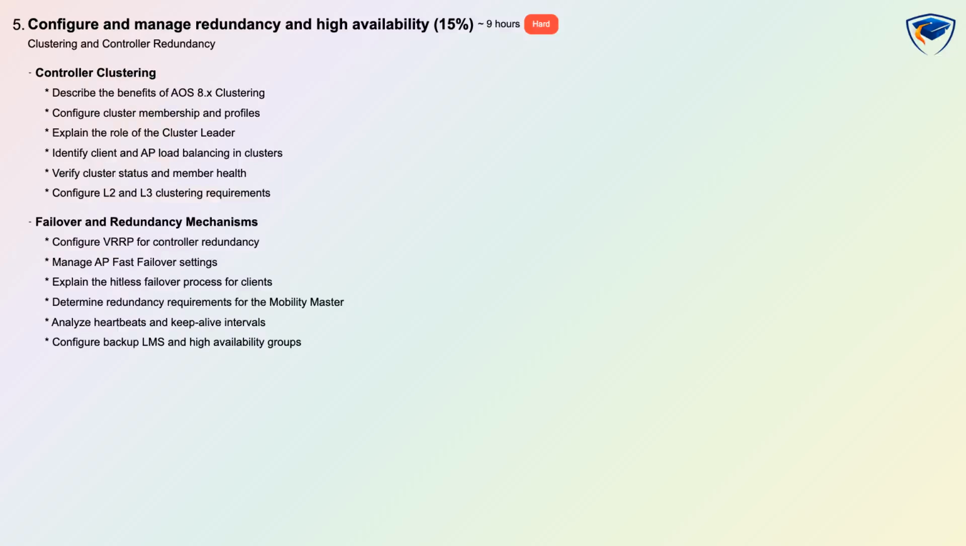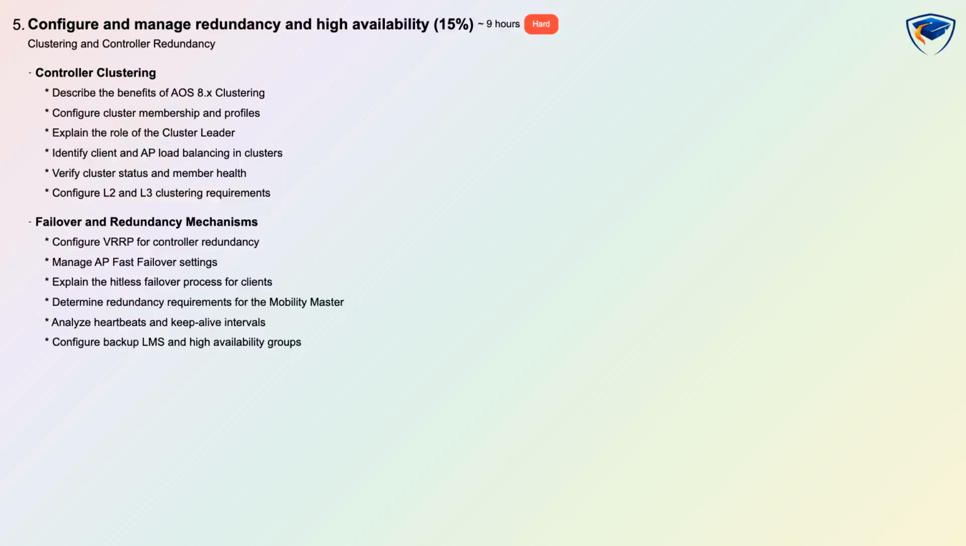Configure and manage redundancy and high availability is weighted 15%, rated hard, and has an estimated learning time of 9 hours with conceptual and scenario-based assessment. You will learn AOS 8X clustering benefits, configure cluster membership and profiles, and understand the role of the cluster leader with client and AP load balancing. The domain covers VRRP for controller redundancy, AP fast failover, hitless client failover, Mobility Master redundancy requirements, heartbeat tuning, and